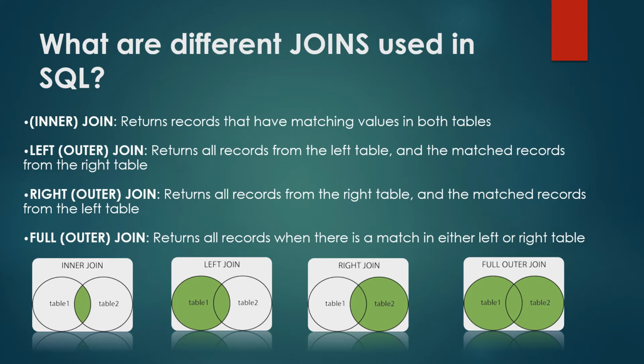Or you can say alternatively that the full left table would be present there. And when I say right outer join, it means everything from the right table and only the matching records from the left one. And at the last, full outer join is like both the tables would be there and the matching records will come only once. So this is the difference between all the joins.